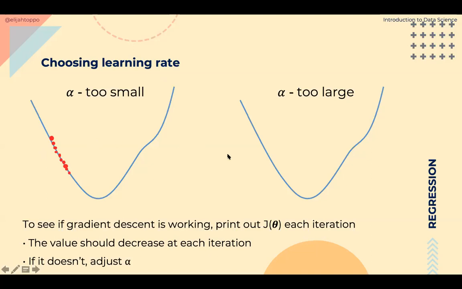The other problem is when alpha is too large. Let's imagine our alpha is too large. If we have this value as alpha, and for this value of alpha I find the curve and it says I have to move in this direction, but I take a huge distance. That means I take this value of theta, and instead of going a small distance, I take a very large distance. After taking a very large distance, I may end up somewhere here. And when I go to my new value on that curve, I may end up at a location.